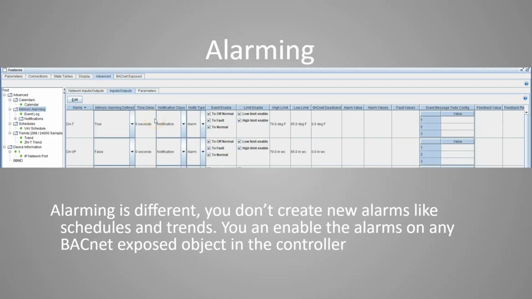Alarming. Now, alarming's different because if you have a display, it is going to show up red on the display and flash or whatever on the screen there that you have an alarm, but it's not going to notify you of anything else. So this is probably the less useful feature inside of CCT. It's intrinsic alarming, so it can be brought up to a supervisor, but you would really want to do that in the supervisor